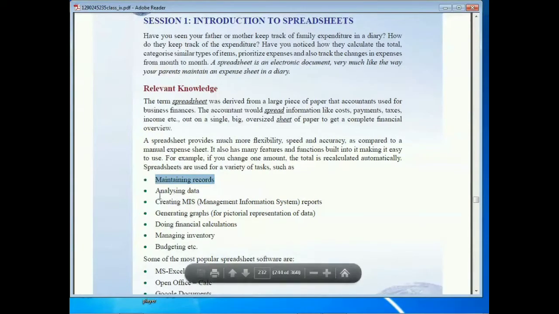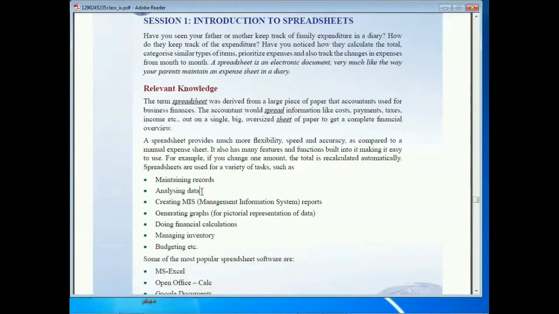Now the second is analyzing data, right? If you have data, we can also analyze it, like how much data we are importing and exporting, purchase and sales, and how much data we have in the store. So all types of data we can analyze.